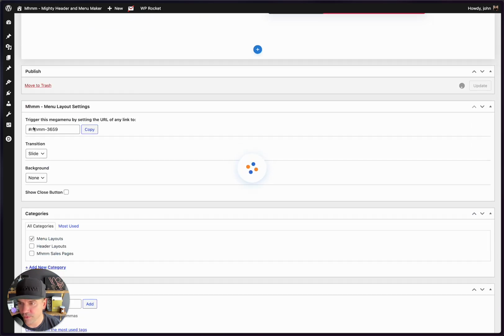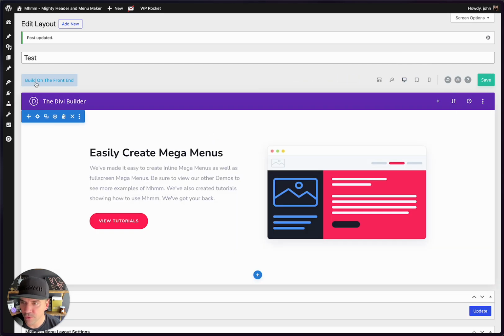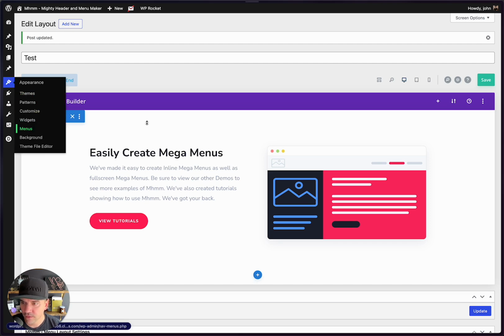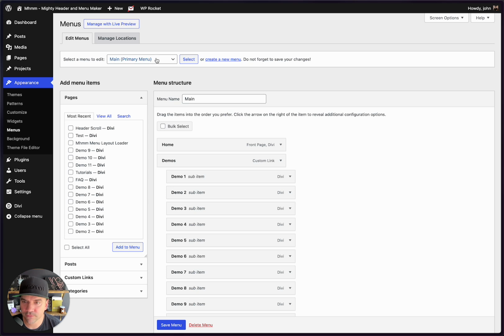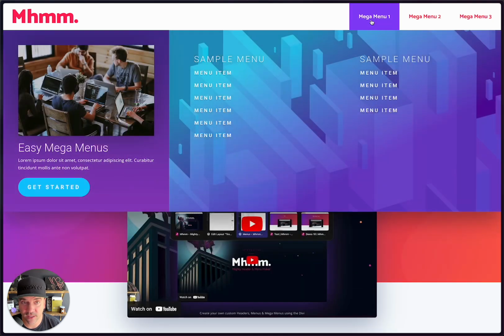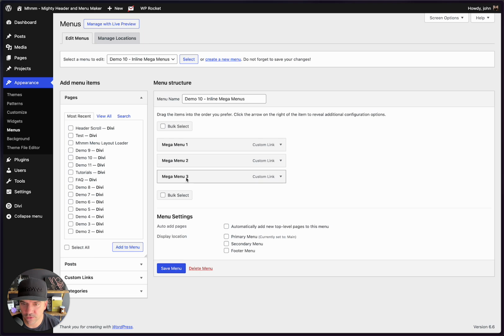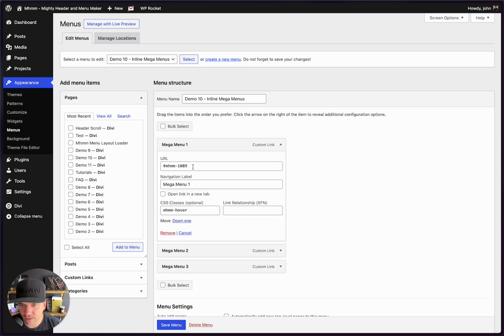Okay, so you might be wondering, what is this for? Trigger this mega menu by setting the URL of any link to this. So I'm gonna go over to my WordPress menus now, and we're gonna look at that demo number 10, and let me pull that back up. Demo number 10 has the inline menu item here, and so we're looking at that menu here. Let's select it. You can see mega menu 1, 2, 3, and for the links, I've copied in and pasted that code